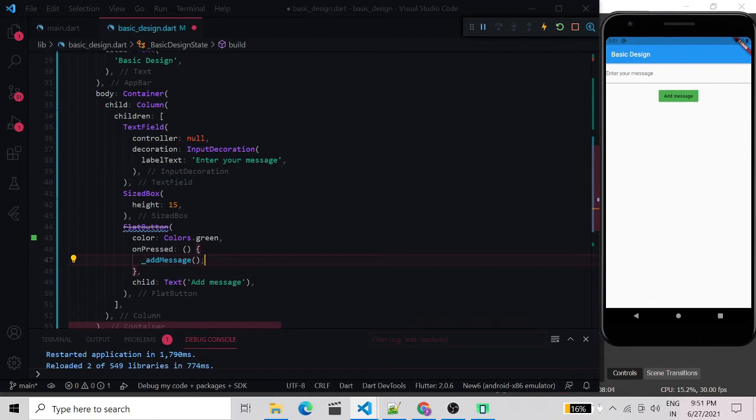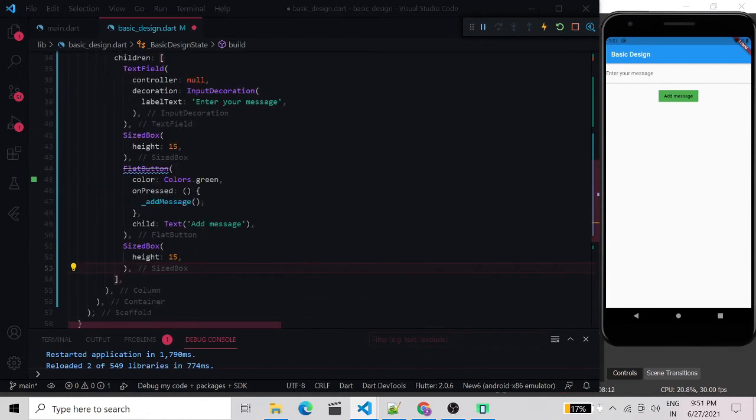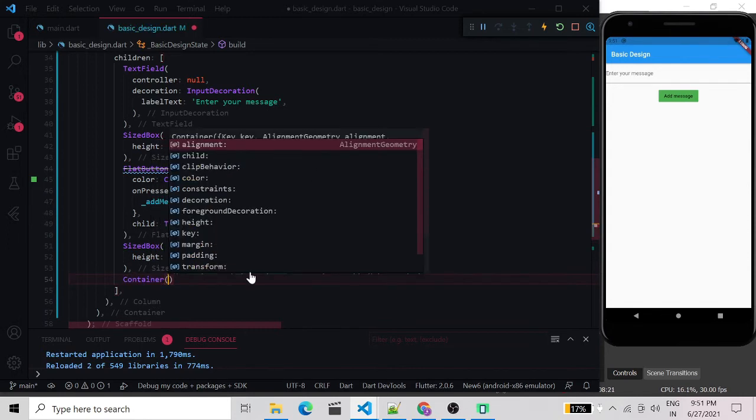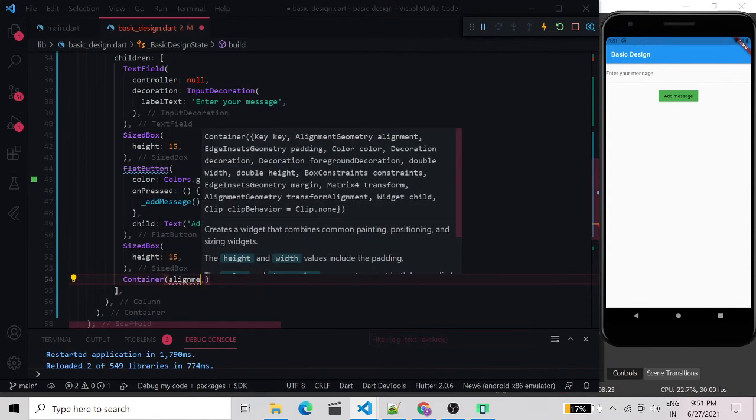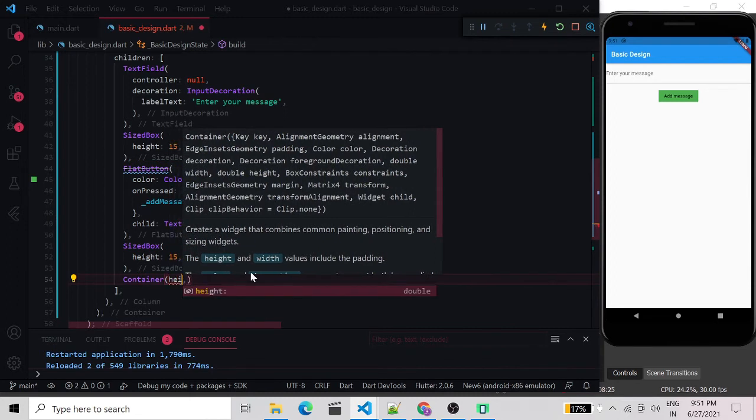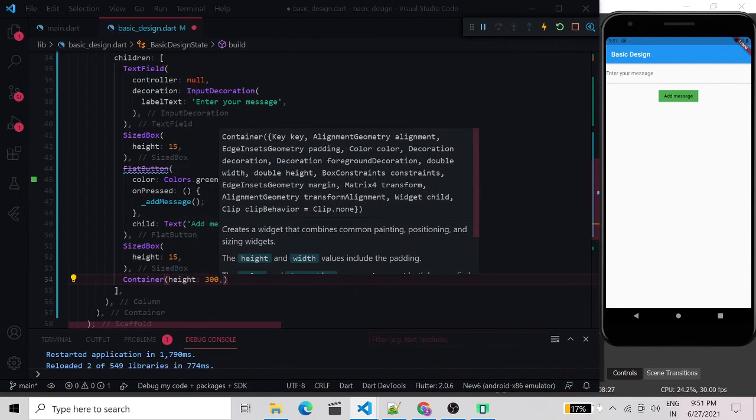Now save it. Before saving, let's quickly create another widget to render our list view. Copy the sized box widget and paste it below the add message button, and create a container widget with a height of 300. Why am I creating a size of 300?